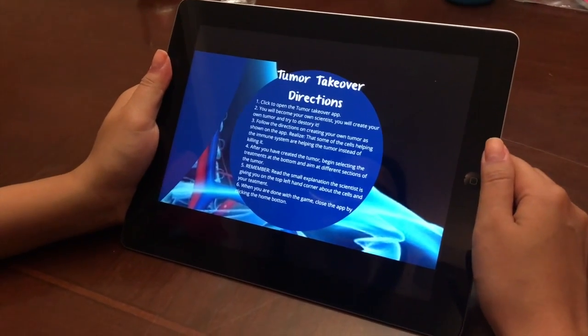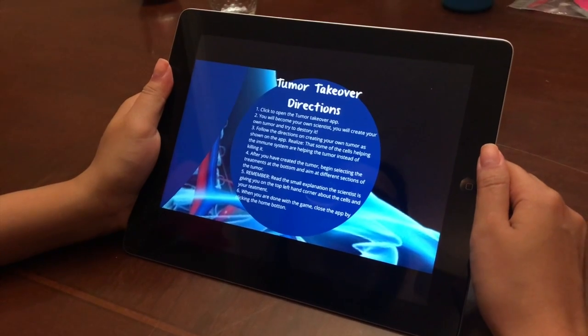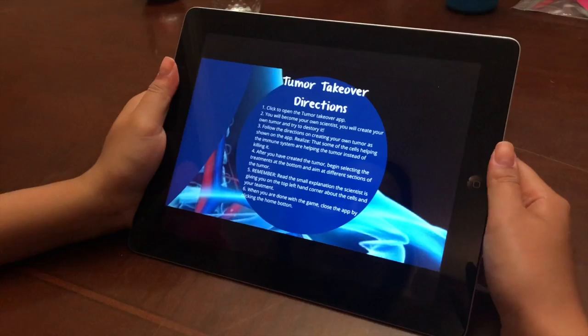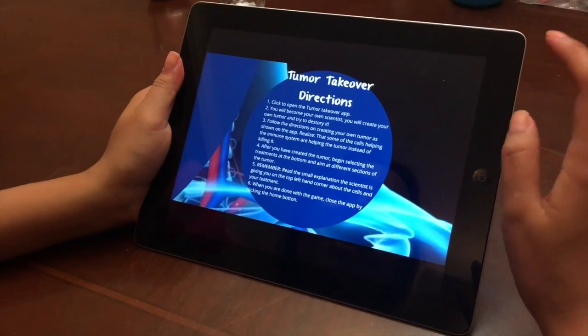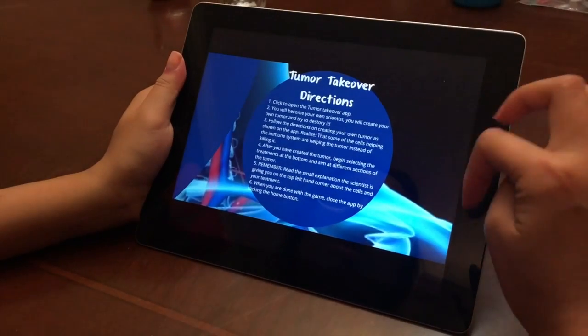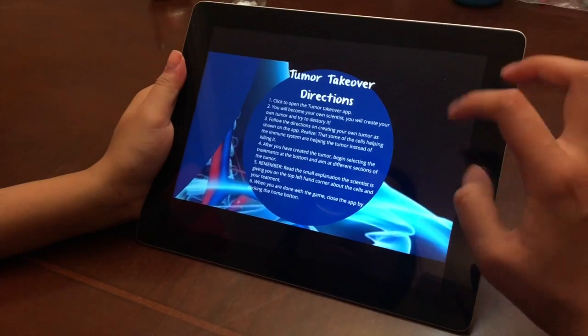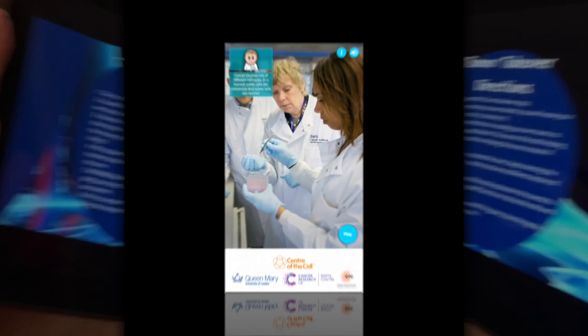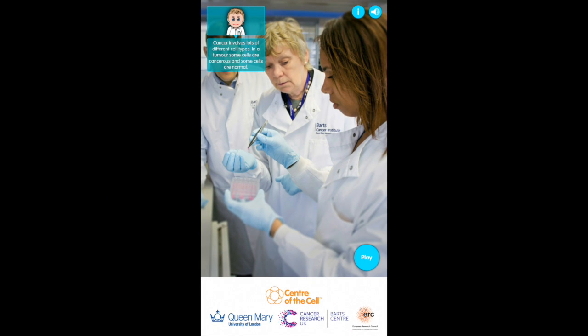These are the directions for Tumor Takeover. Clicking over the Tumor Takeover app, you will become your own scientist. You will create your own tumor and try to destroy it. It follows directions, and then there's little explanations throughout the whole game. When you're done with the game, close the app by clicking the home button. For this app, they explain what scientists are doing in order to